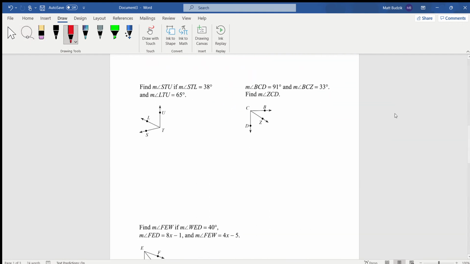So if I were to set up this example, I'm going to start at point S here. I would say that the measure of angle STL plus the measure of angle LTU is equal to the measure of angle STU. Taking the information that we know, STL is 38 degrees. We know that LTU is 65 degrees. And we're trying to find STU. So all we need to do is add 38 and 65, which is